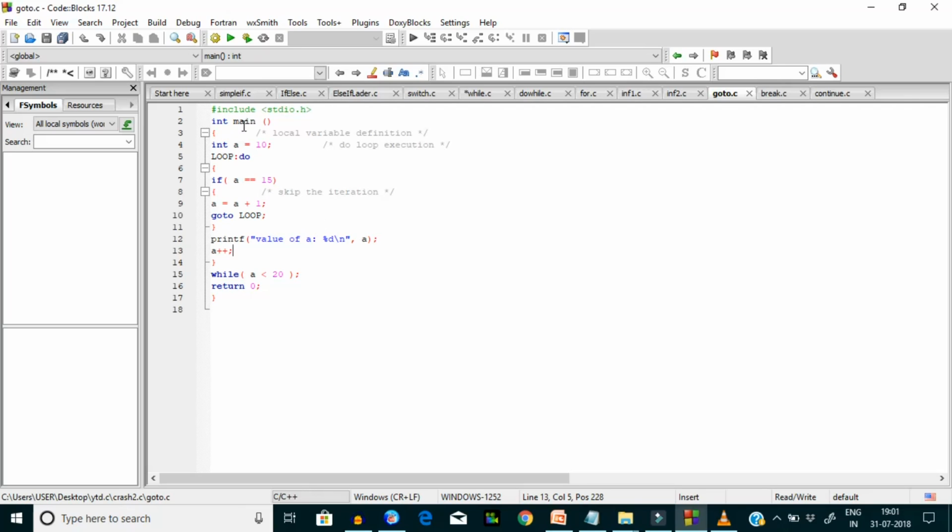Here you can see within the main function I have declared the variable a and initialized it as 10, and I have taken a do loop for the goto statement. Suppose I have checked the if condition: if a is equal to 15. After that, a will increment. Suppose a approaches 15, then the goto will work. It will move the loop to here,